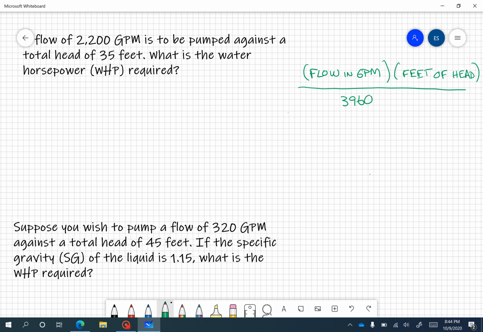So first problem is pretty straightforward. They give us the flow in gallons per minute, and they give us the feet of head. So all we need to do is plug these numbers straight into our formula. 2,200 gallons per minute times 35 feet of head divided by 3960 equals